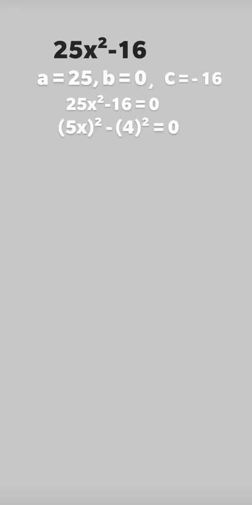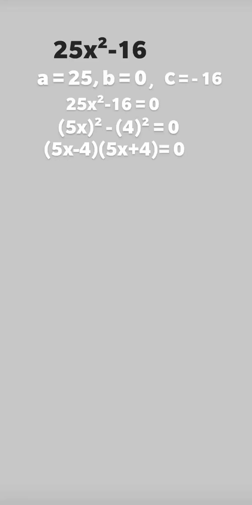Now this quadratic polynomial I have put in the form a square minus b square. Using the identity a square minus b square is equal to a minus b into a plus b. Here we have a is equal to 5x and b is equal to 4, and therefore what I will get is 5x minus 4 multiplied by 5x plus 4 is equal to 0. The product of these two binomials is equal to 0. It is possible only if either one of them is equal to 0 or both of them are equal to 0,